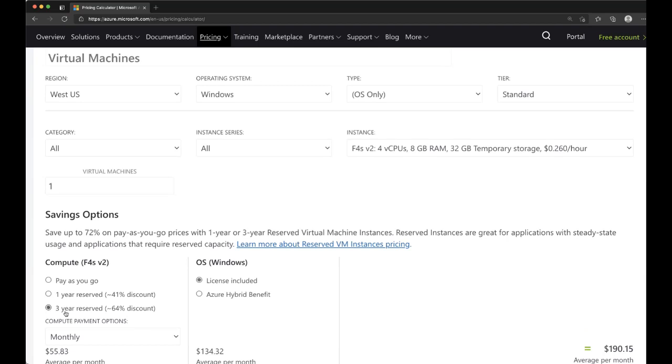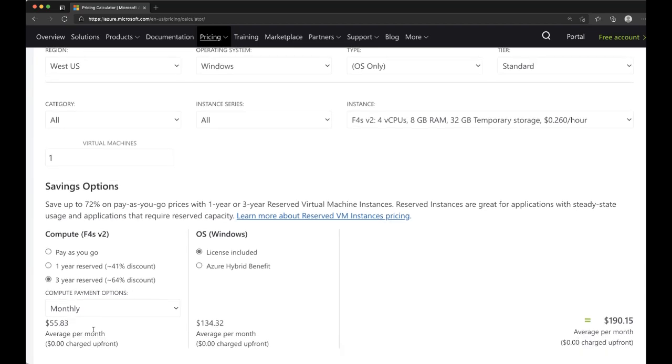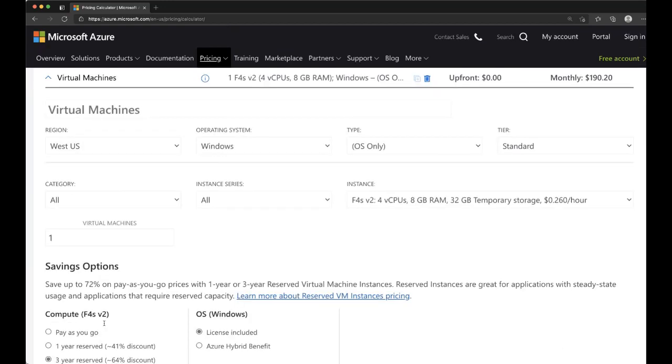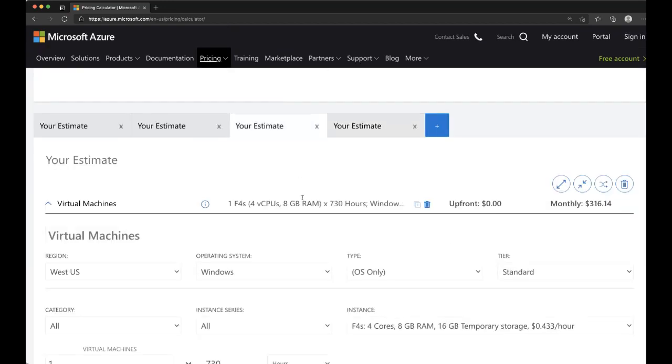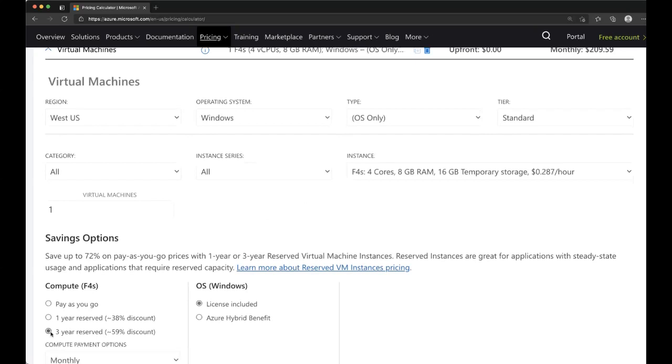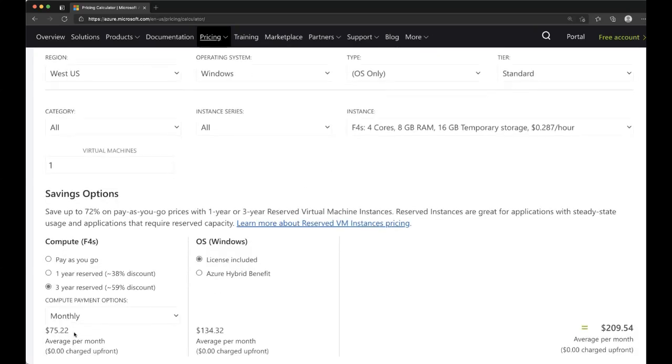And just so you can see this number, a 3-year reserved instance for this virtual machine is $55.83. If I go back to the original VM and go to a 3-year RI, that's $75. Take that $20 savings times the 118 virtual machines times the 36 months.